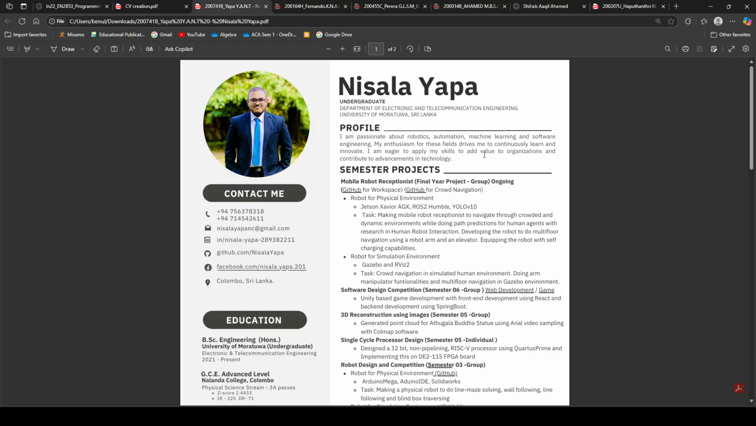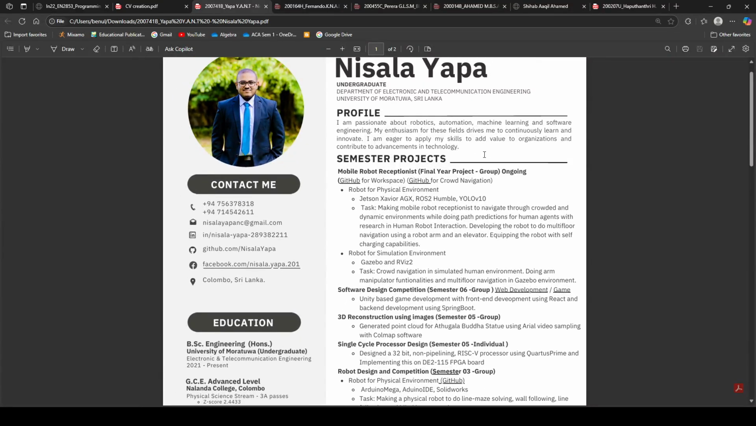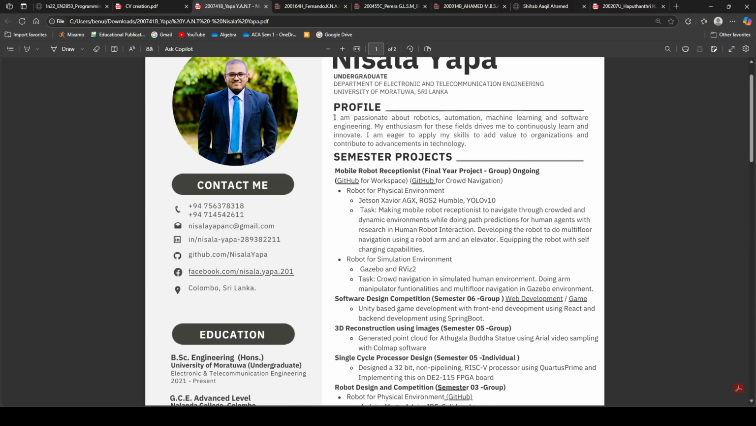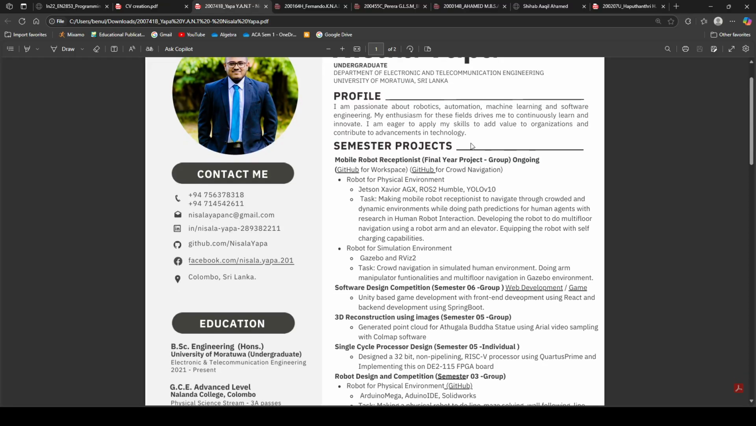So first of all, this person said Nisala Yapa's CVs. It first has this profile section, which says that I'm passionate about robotics, automation, machine learning, software engineering. My enthusiasm for this will drive me, and so on. So here he has mentioned the fields that are relevant to the electronics and telecommunication field that he's interested in,